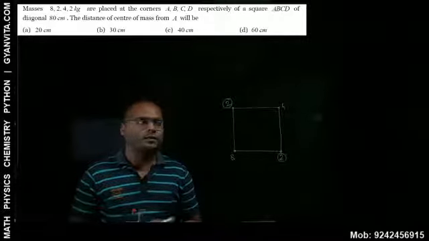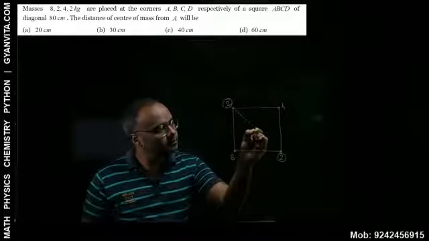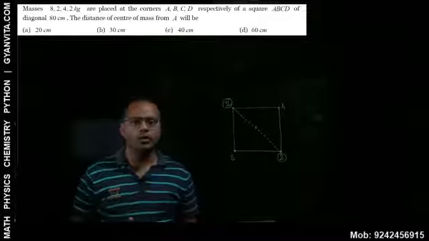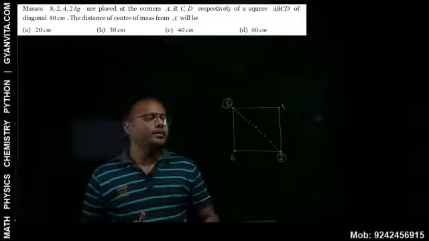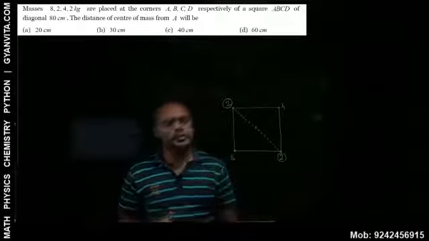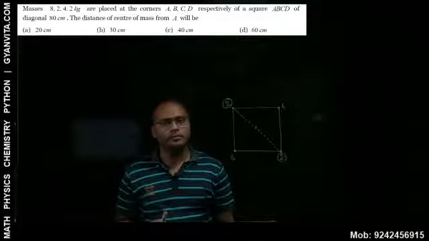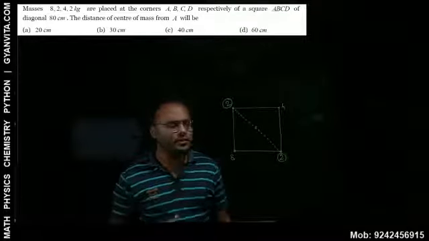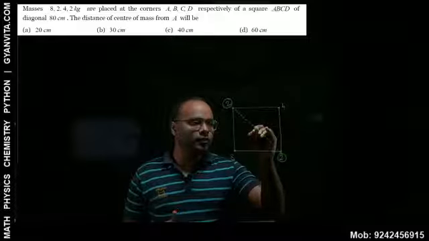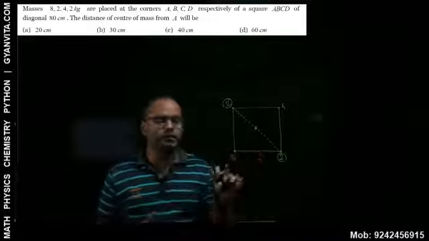That means where will be the center of mass? Yes, sir. It will be in the midpoint of the diagonal, right? And in a square, one diagonal is 80 centimeters, so the other diagonal will also be 80 centimeters. Yes, sir. In a square, the diagonals are the same. I mean, the length of the diagonal is the same. That means this will be the center of mass of these two masses only. We are not considering these two now.